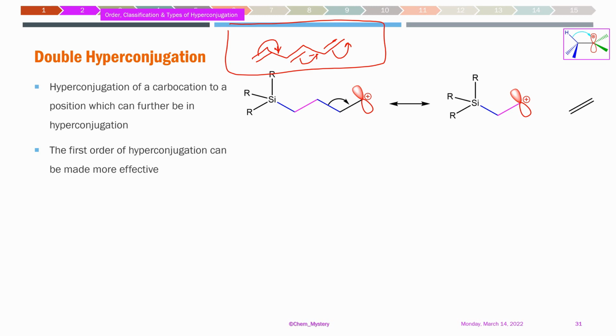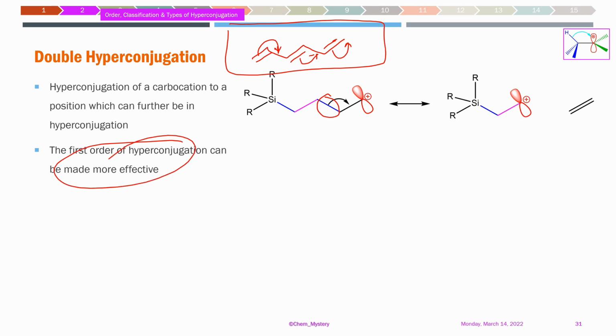How double hyperconjugation? If this kind of hyperconjugation has just taken place, then what are we getting? We are getting this structure, and an alkene is basically formed. This part, as being fragmented, we can say ethene is being formed. But now what we are having,